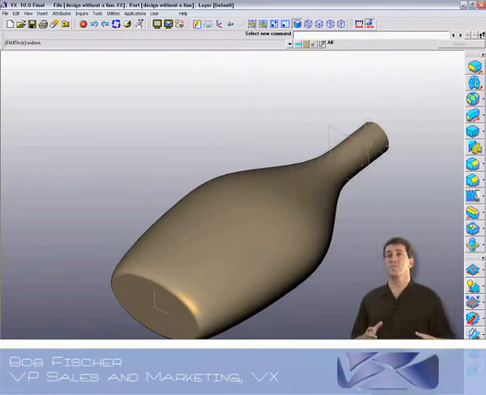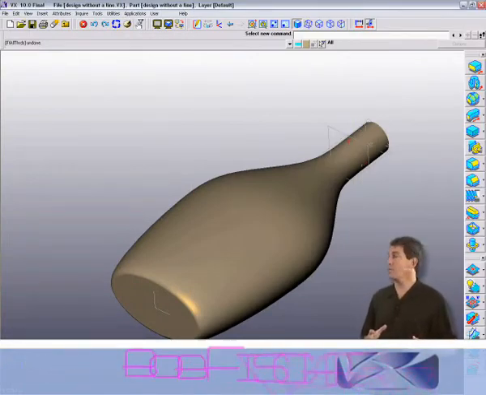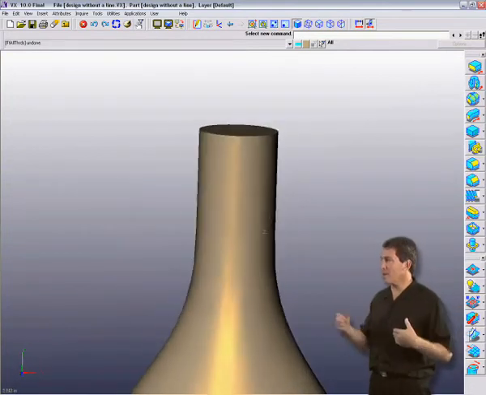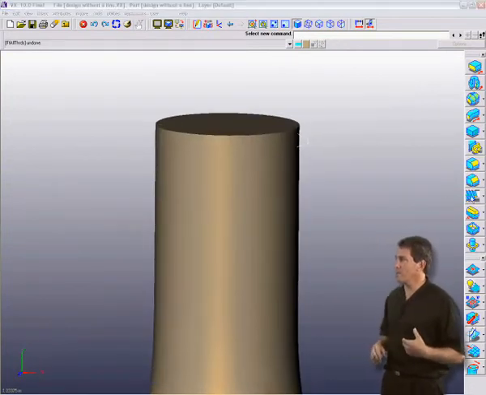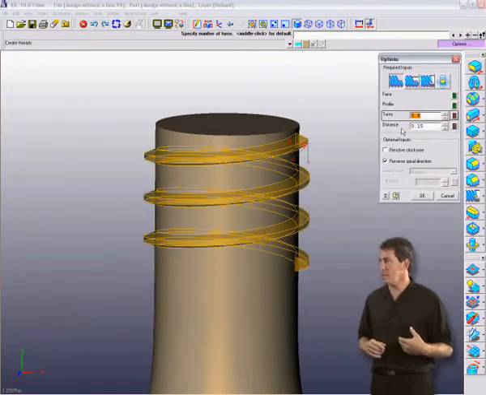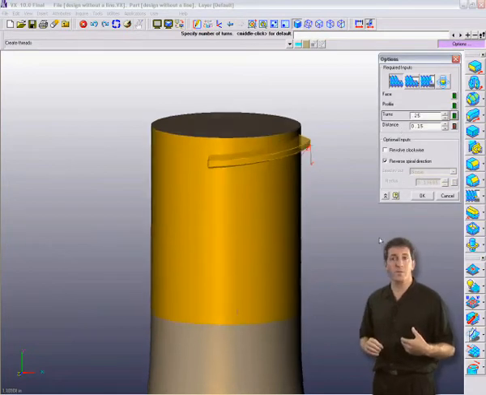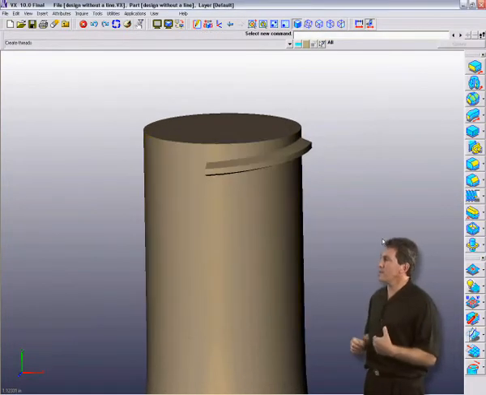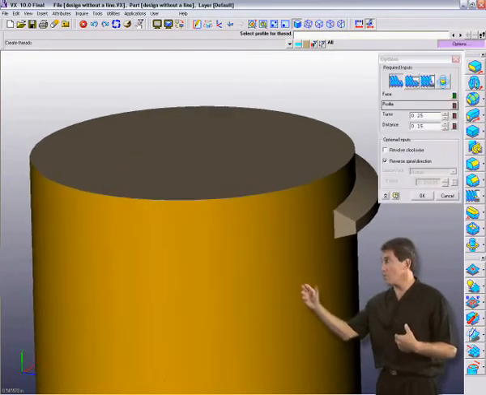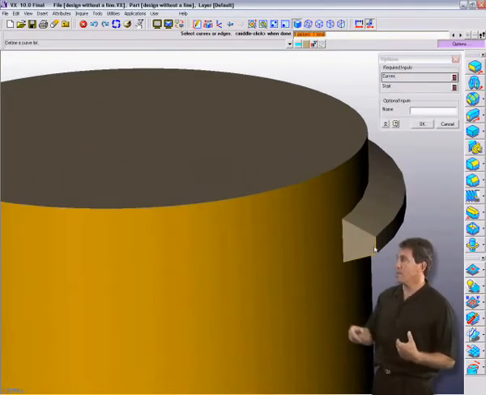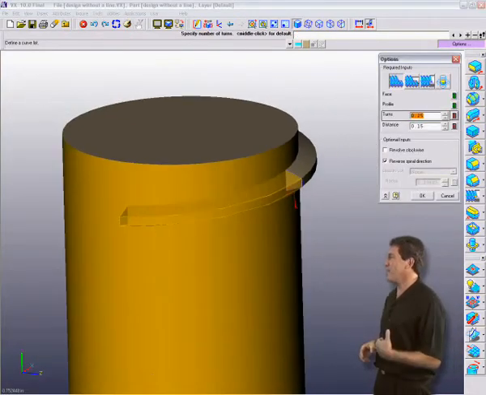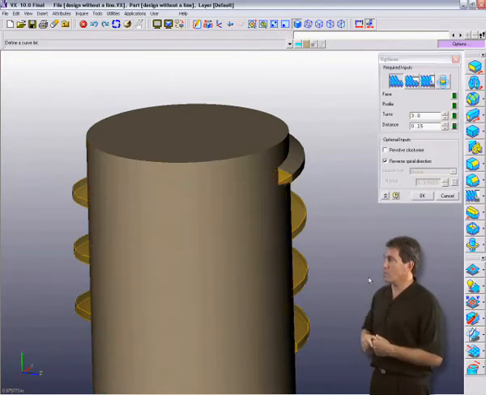The new VX morphing technology also allows for some really cool solid modeling morph ideas. Now, what we're going to do here is build the thread, or an external thread, around in the neck area of this bottle. And what I've done is I divided the thread into two distinct areas. The first, or the start of the thread, and as you can see here, I'm picking, rather than creating a new cross-section, just picking on the existent shape and wrapping the rest of the thread, and those two will be